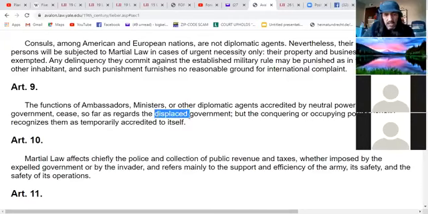So far as regards the displaced, remember we talked earlier about disposition, deposit. It's the same word with different symbols, the same intent with different symbols. So far as regards the displaced government, the government has been deposited. Well, what do you mean the government has been deposited? The government itself, the corporate United States, is a financial instrumentality. It is a financial instrument itself. But the conquering or occupying power usually recognizes them as